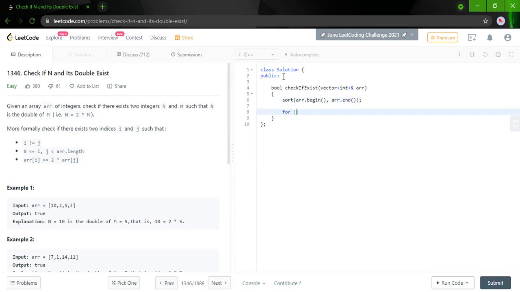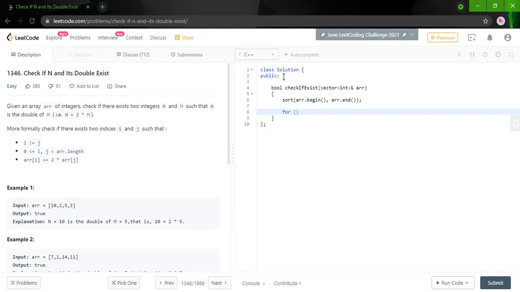The basic idea is, once we have sorted the array, we're going to look at every number. We'll see if it is divisible by 2. If it is divisible by 2, we know that there is a possibility that this number is double of an existing number. That is how we are going to filter it. That's the first step. Then we'll check whether the half of that number exists before it or after it, depending on the polarity of the number. You'll get it when I start doing the code.